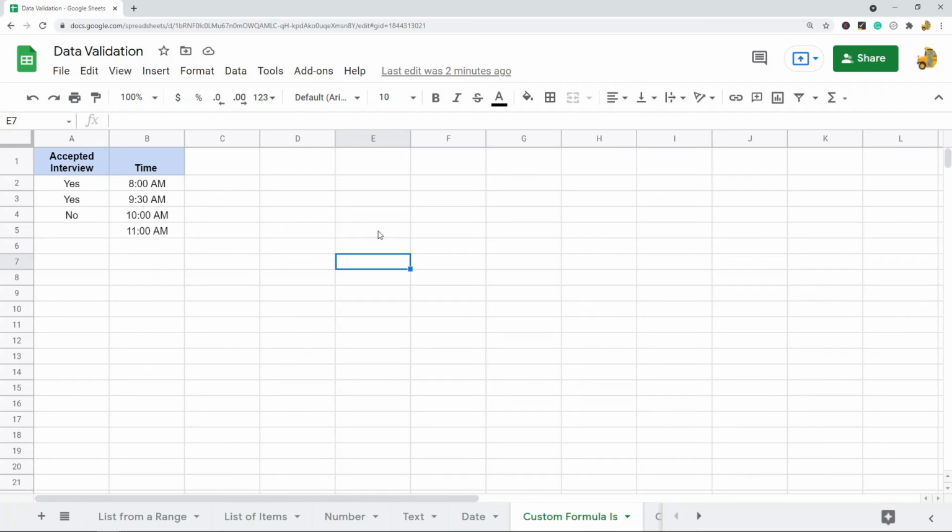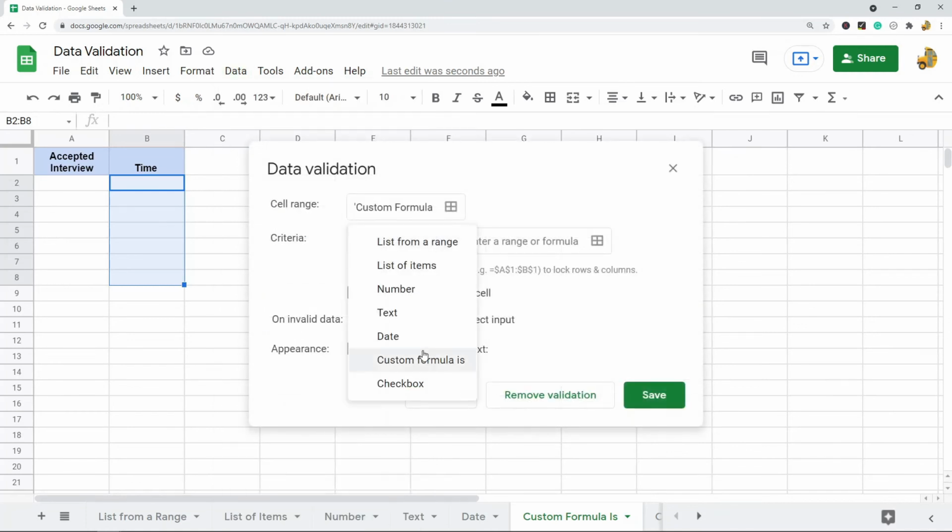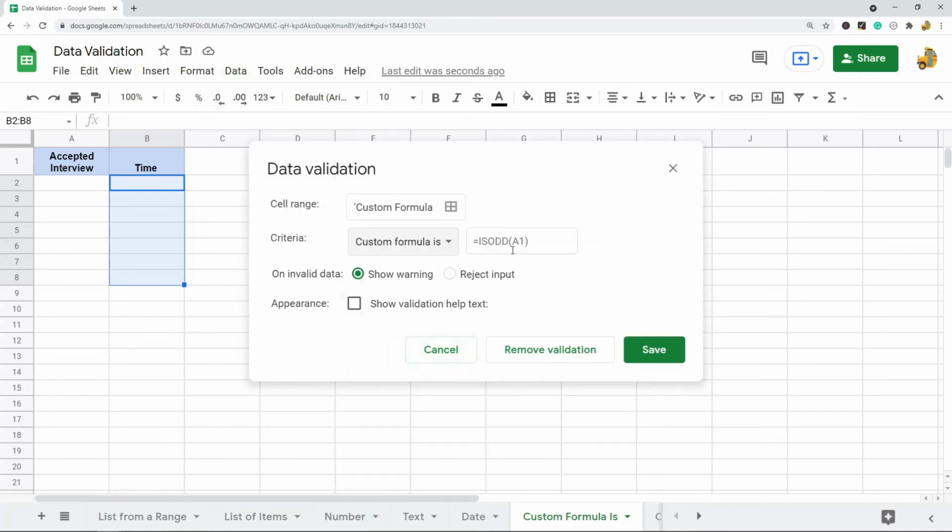I'm going to set up a custom formula so that I only can enter data in column B if column A is set to yes. So what I'm going to do is first I'm going to highlight my range in column B, and then I'm going to set up data validation, and then custom formula is, so I only want to be able to enter data in column B if cell A2 equals